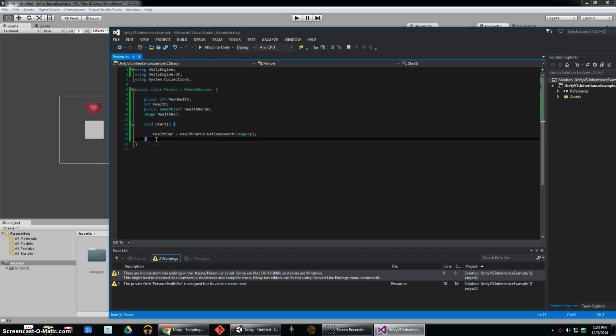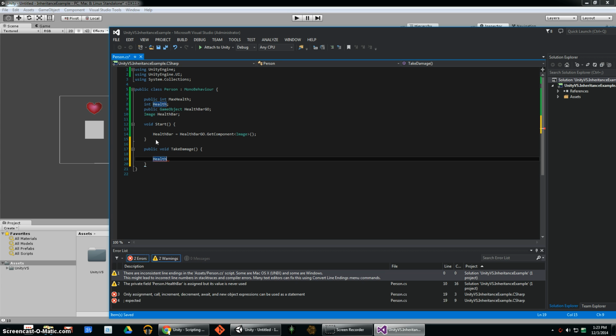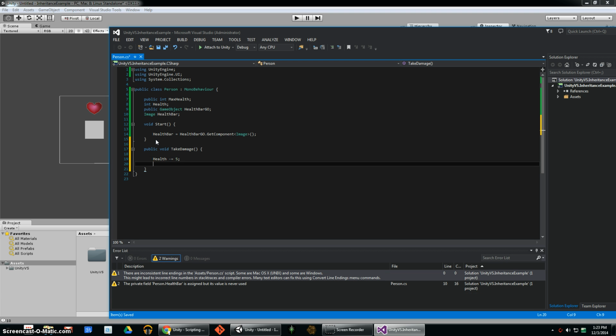So now we're going to do the functionality. We're going to do a public void TakeDamage. Okay, and we're just going to keep this simple, and we're just going to do health minus equals, and we'll just do a 5. And then we want to update our health bar, so we're going to say health bar dot fill amount equals